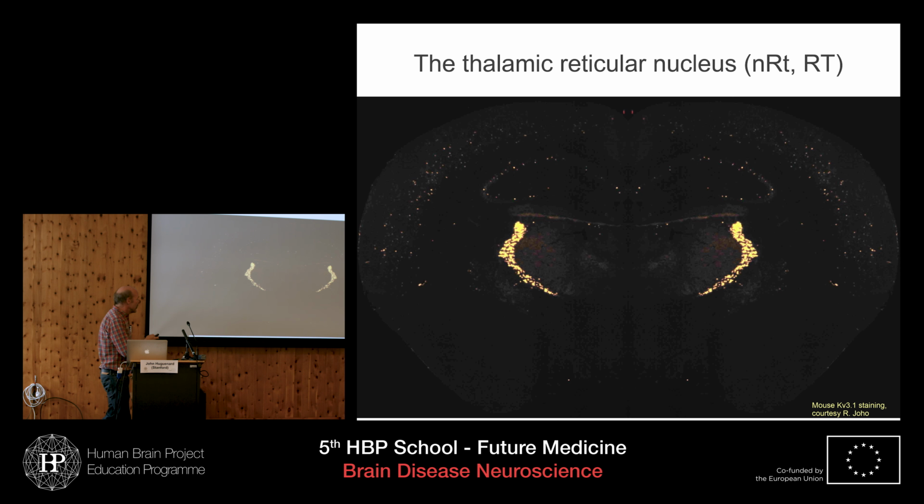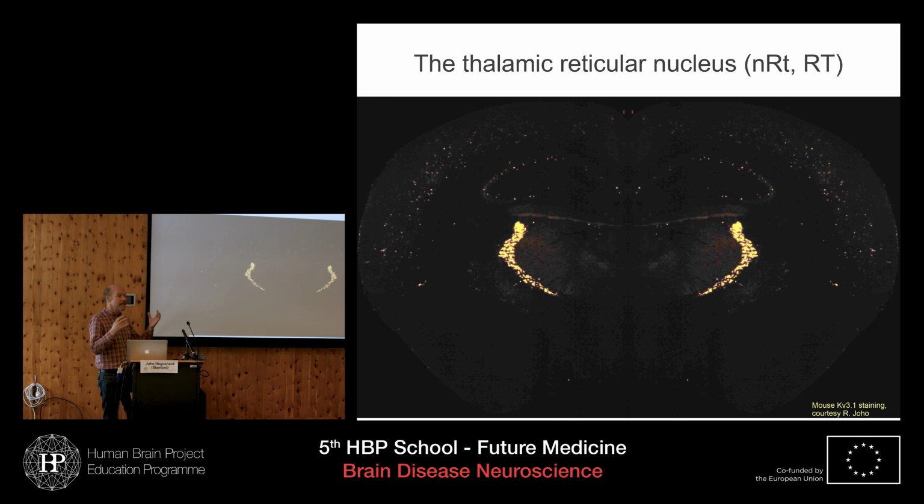So this nucleus shown here in this cross-section, this is a coronal section showing a particular potassium channel in the brain. This is KV3.1. It's marking the thalamic reticular nucleus, which Alain referred to as the reticular nucleus, the RE. In the visual system, it's known as the parageniculate nucleus. And it is right here at the boundary of the thalamus. It's at the lateral extent and anterior extent of the thalamus.